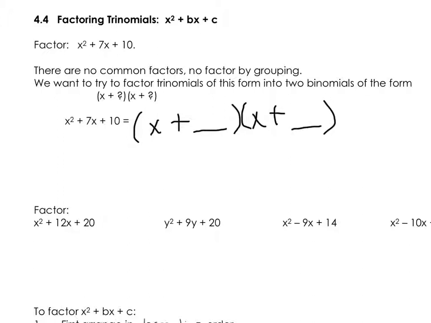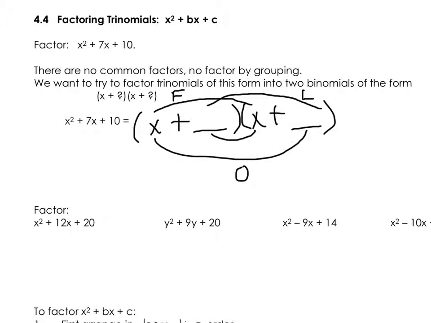If we multiply, remember FOIL, when we multiply two binomials together, we multiply the first two terms together, the last two terms together, the outside terms together, and the inside terms together. FOIL: first, outside, inside, last. So our trinomial here